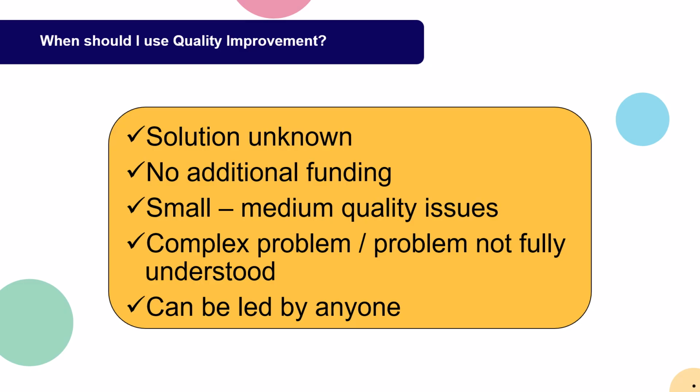Quality improvement is useful for complex or not fully understood quality issues, and later in this series we will cover different tools which can break down problems and help teams to understand the root cause of quality issues. Quality improvement is best undertaken by people working on the front line close to the quality issue. It may involve learning new skills and approaches, but is accessible to everyone regardless of their job description or job role. Continuous improvement is an important part of working within the NHS, and quality improvement is one way of delivering such improvements.